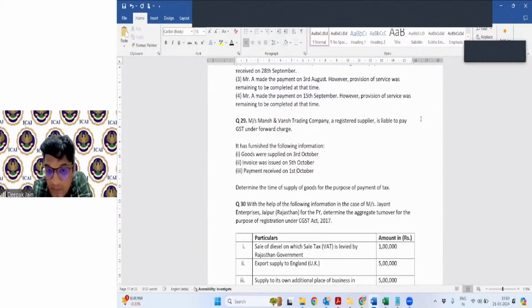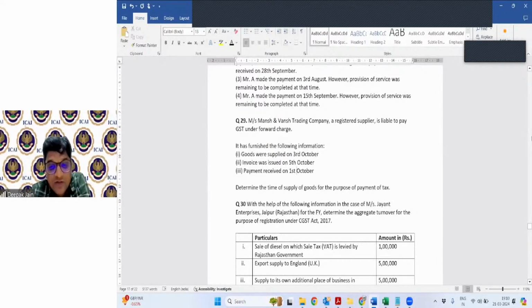Vaishali, if service is completed, an invoice is also issued within time, but payment is received only half because of a mistake in work, then again provide service, then make full payment. सर इसमें तो कैसे चेक करेंगे? आपने इनवॉइस रेज कर दिया, पेमेंट बाद में आया, तो इनवॉइस रेज कर दिया तो आपका टाइम ऑफ सप्लाई वहीं पे खत्म हो गया। अगर कुछ डिफेक्ट है सर्विस में, आपको क्रेडिट नोट रेज करना पड़ेगा।